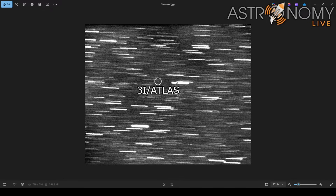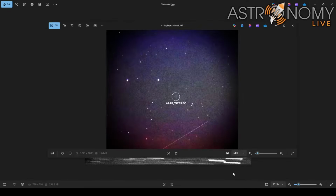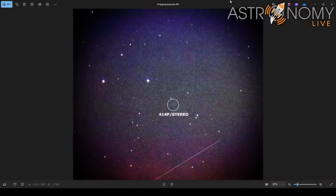But back then, in 2016, it was Comet P/2016 J3 STEREO, and it was the STEREO spacecraft that I used to discover it. When it was sighted from Earth years later, on a later orbit, it was given the permanent number designation 414P. So basically, I had been hunting for that for most of the rest of the summer, trying to get on it either with an eyepiece telescope or my own telescope. And finally, in September, I was able to capture it with my own telescope for the very first time